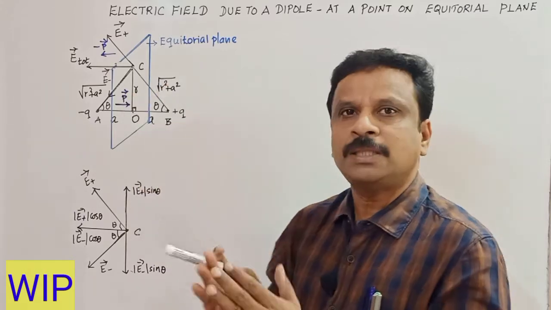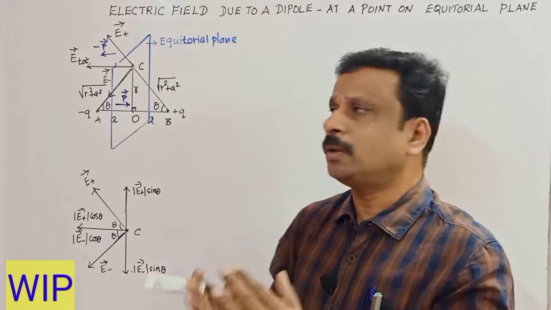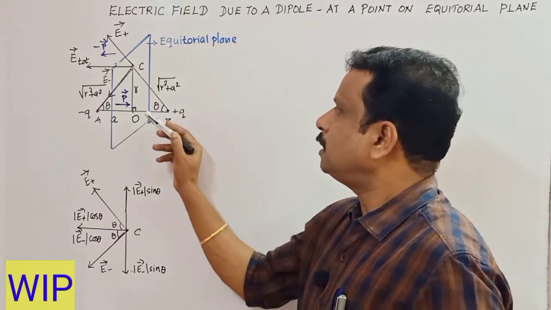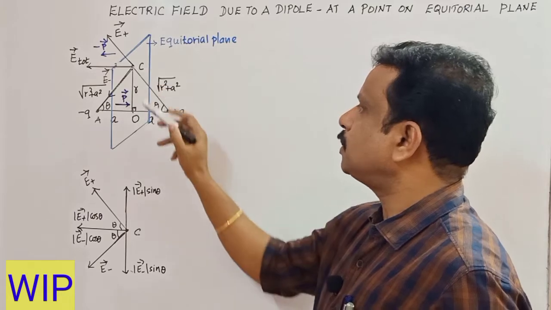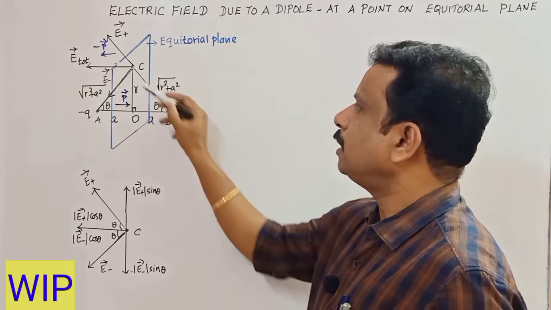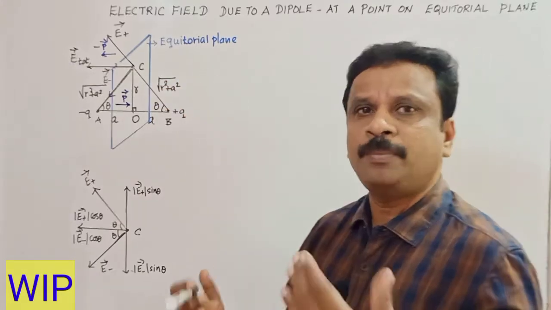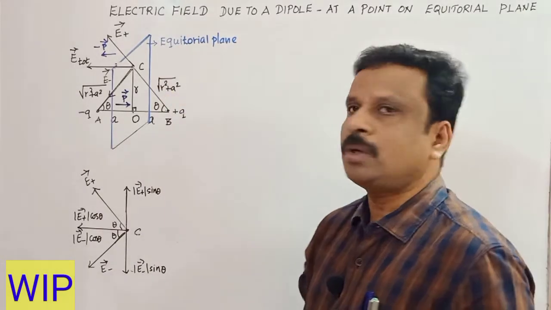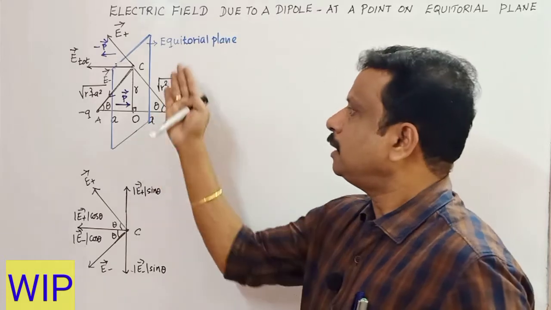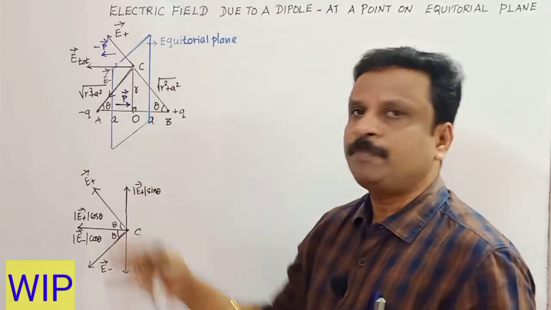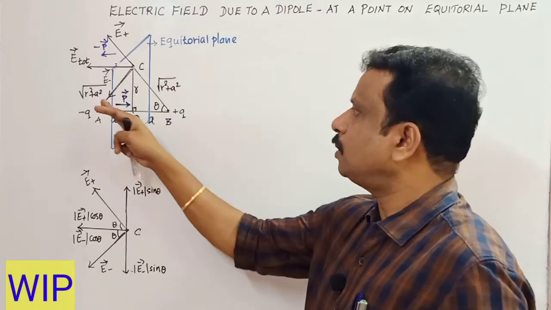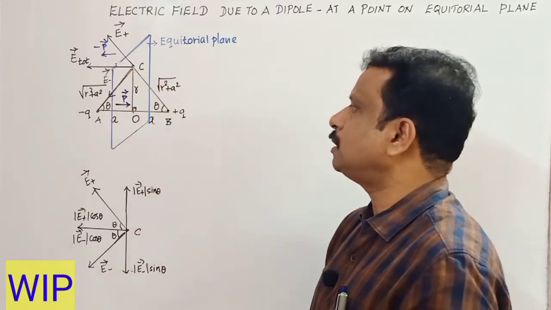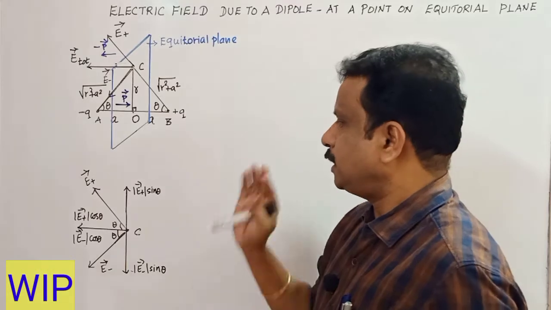Now what is the value of the total electric field? That is what we are going to discuss here. And this is a right angle triangle, right? So this is a, this is r. In a right angle triangle you use the Pythagoras theorem. In the Pythagoras theorem, the hypotenuse will be the root of r square plus a square. That side also is a right angle triangle. So the hypotenuse length is the root of r square plus a square. That you should know very well.